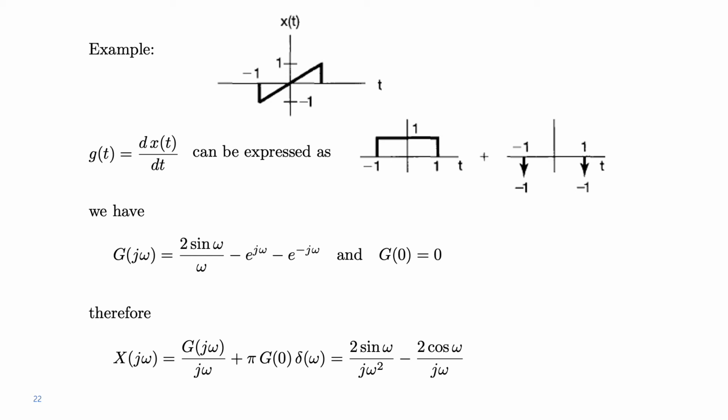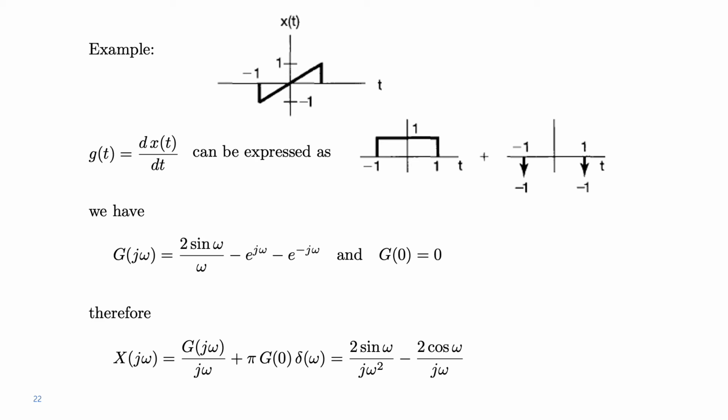We can also observe that the value of g of j omega for omega equals 0 is 0. How to calculate that? We cannot directly substitute omega equals 0 because the first term, the sinc function, is of the form 0 over 0. But through a limit procedure for omega that goes to 0, we see that the first term tends to 2 because sine omega over omega tends to 1. And the remaining two terms, they tend to minus 1 and minus 1, right? So the result is going to be 2 minus 1 minus 1, 0.